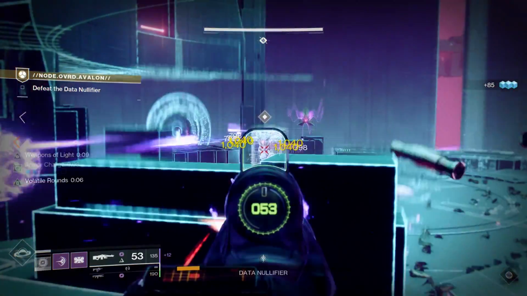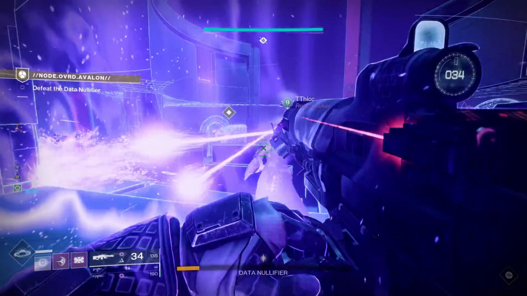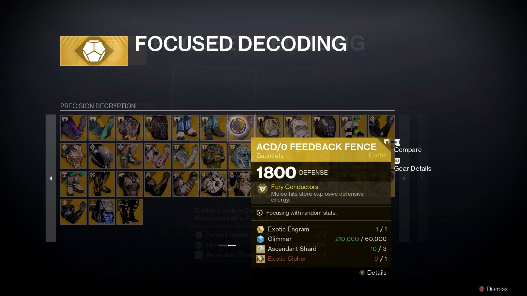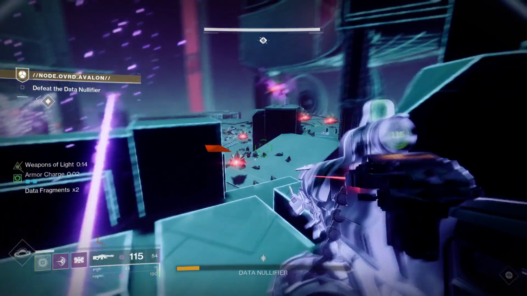Now, moving on from there, another big change is that next season you're going to be able to focus exotic engrams into exactly the exotics you want for armor. This is absolutely huge, and this has been probably one of the most requested community features of the last multiple years. Now, I did say that in the video, and some people were like, well, I never heard anyone request